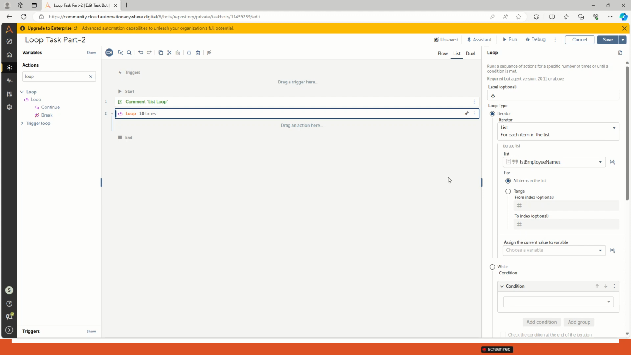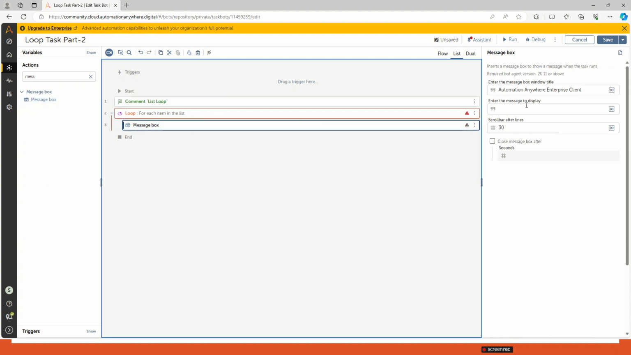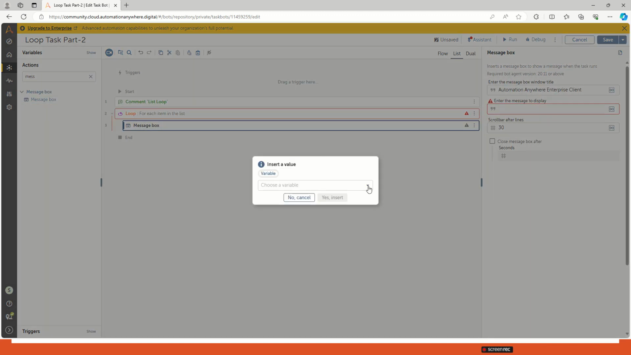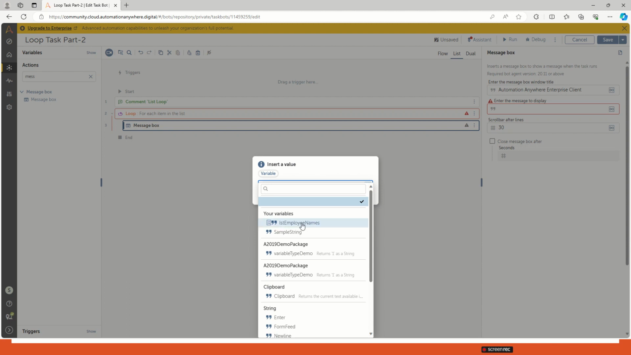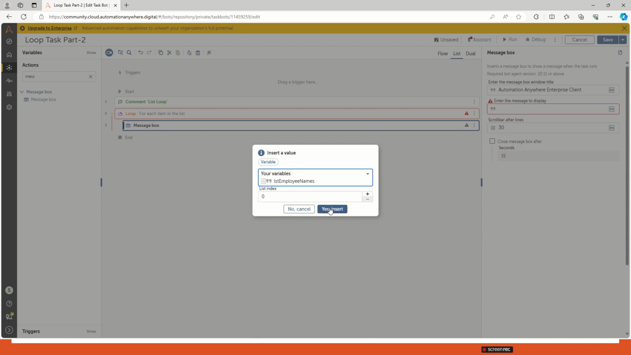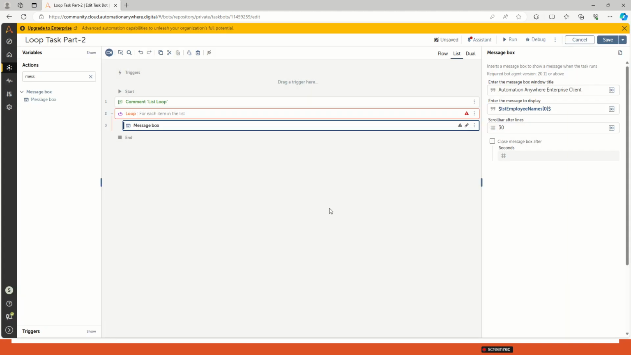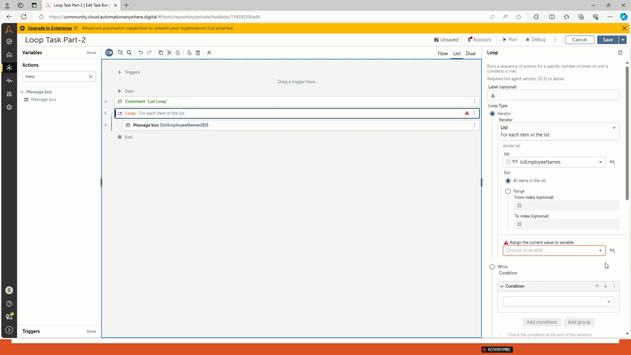So now take one message box. Okay, so take one message box here inside this loop. So here we need to display that list items. So here we have created the list variable, right? Select this one, click on yes, insert. So in the loop we need to create